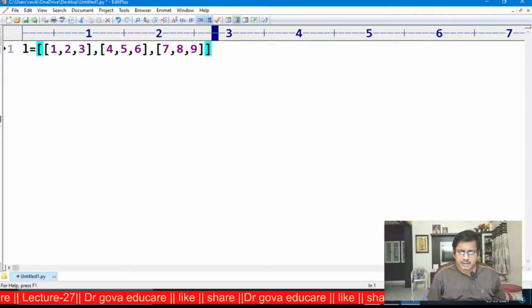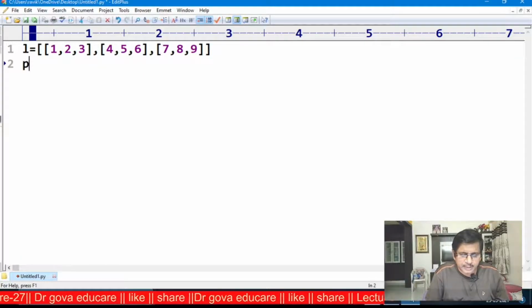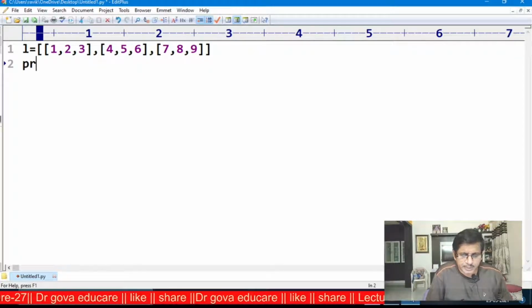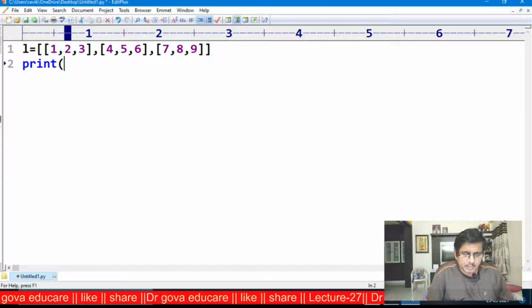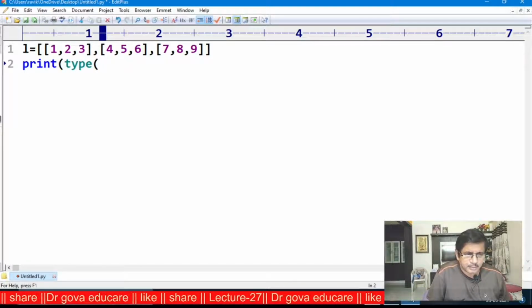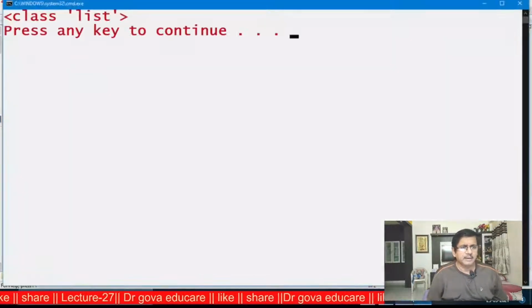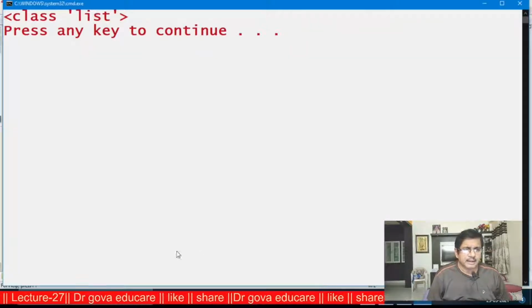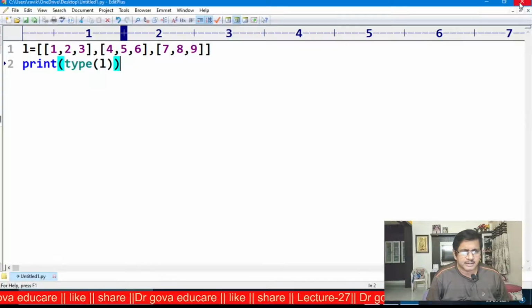Now observe here, I want to know the type. Print type of L. Now I am executing this. Now it is class list. The nested list is also a list data type.